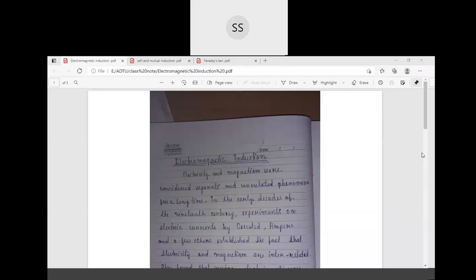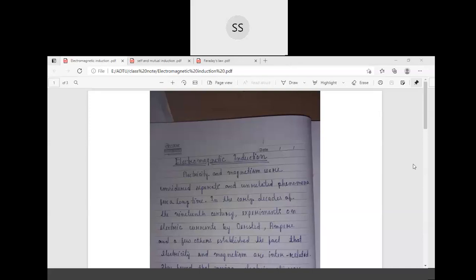Similarly, in case of magnets, there are two poles in a magnet. One is south pole and other is north pole. South pole and south pole will repel. South pole and north pole will attract, and north pole and north pole also repel. In case of electric charge, there are two types of charge, completely different, positive charge and negative charge. But in case of a magnet, the two poles stay inside the same magnet only. One magnet has both south pole and north pole.